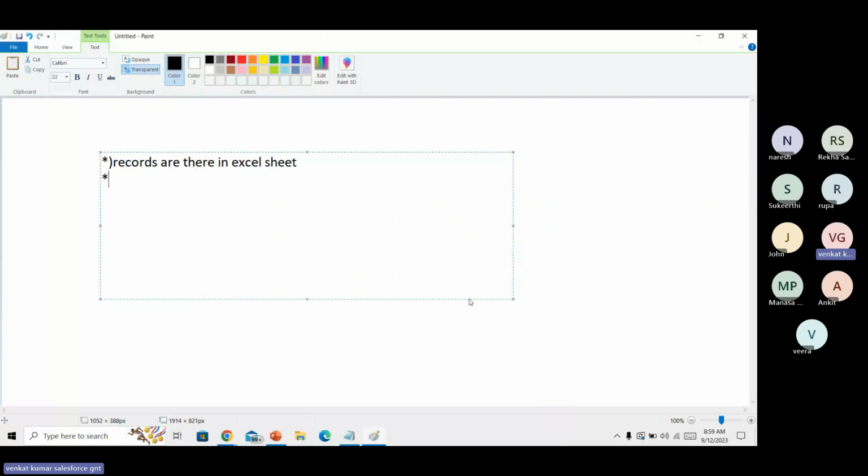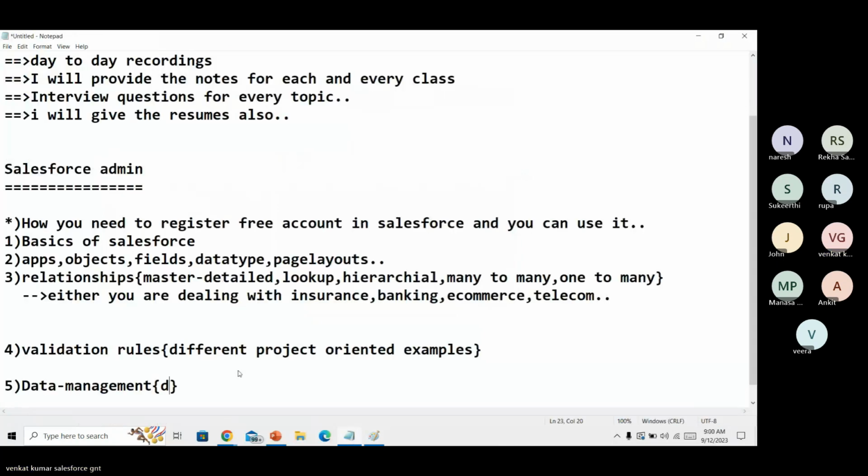How can we import and export the records from Salesforce to an external system? Let's deal with data management. Inside this, we have different tools: Data Loader and Data Import Wizard. These are the different tools.